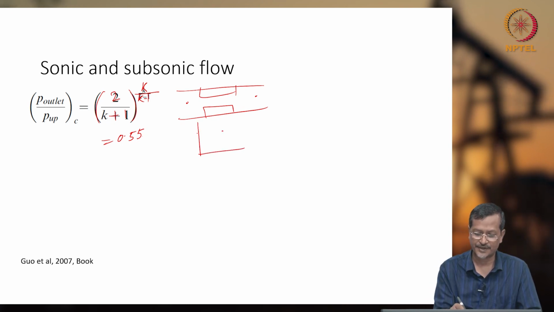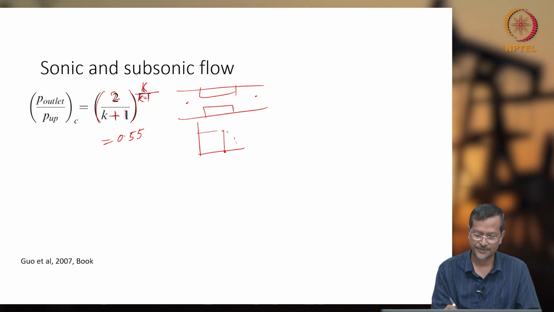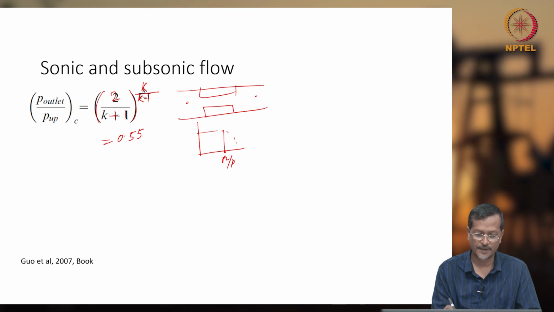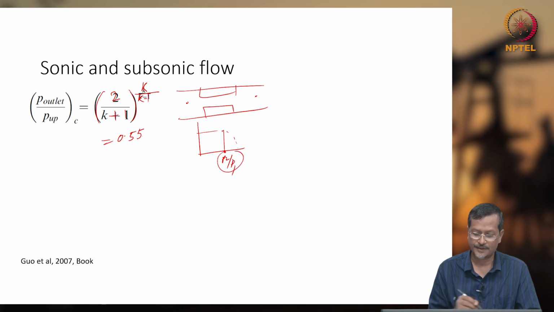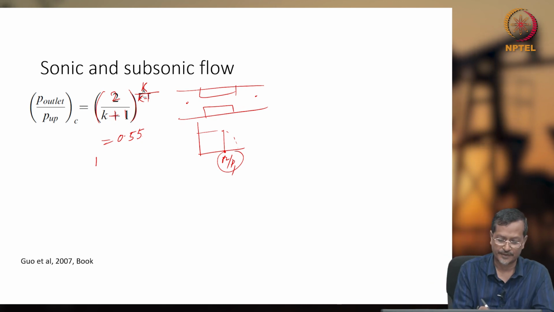So this P2 by P1, or P outlet by P up, that ratio is called the critical pressure ratio, and K value is taken as 1.28